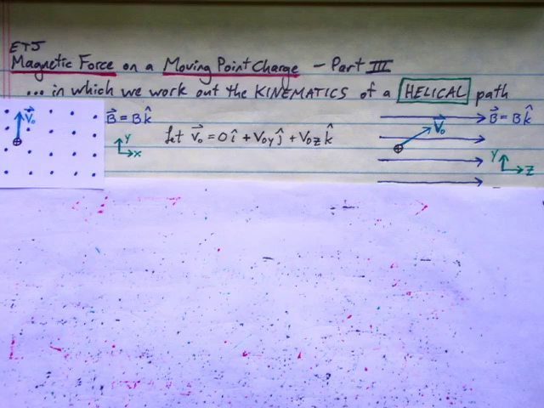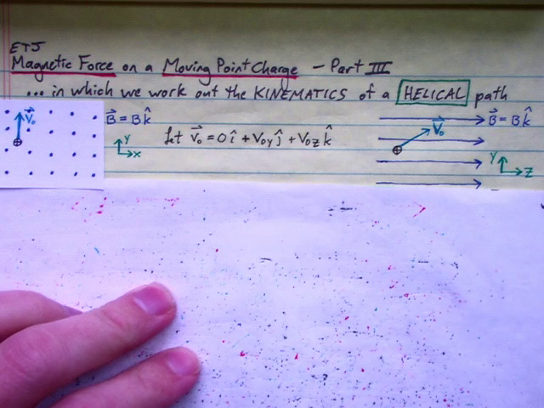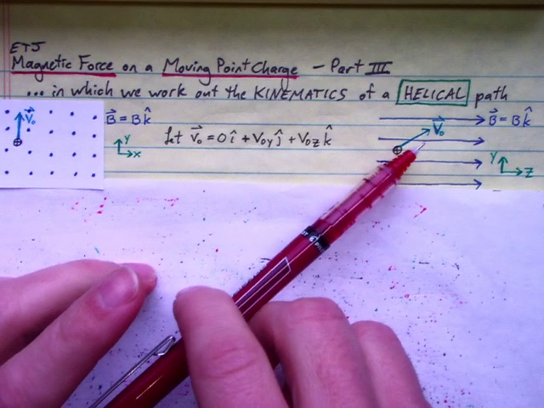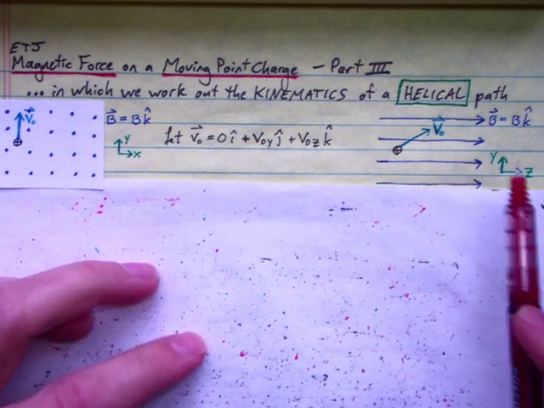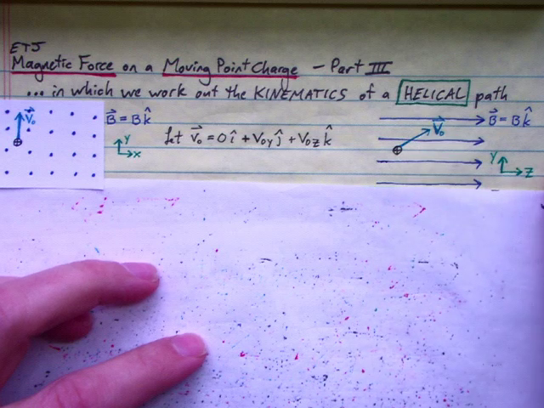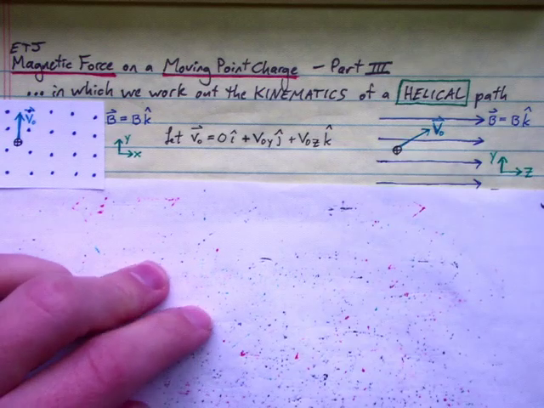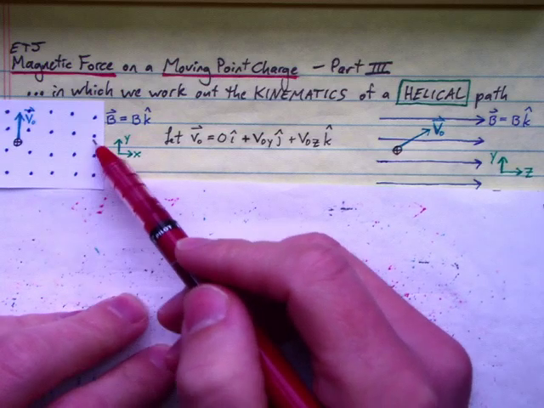Let's now take a deep dive into the kinematics and dynamics of a charged particle injected at an angle into a region of uniform magnetic field and subsequently undergoing motion along a path that we would describe as a helix or a helical path. Okay, so suppose here we've got a magnetic field coming out of the page, uniform B